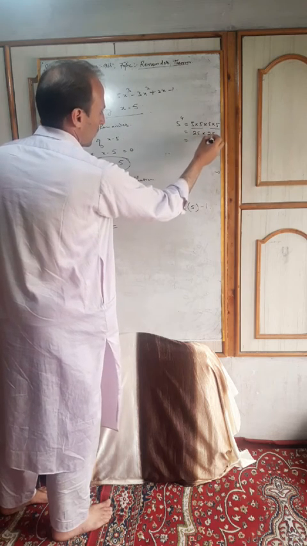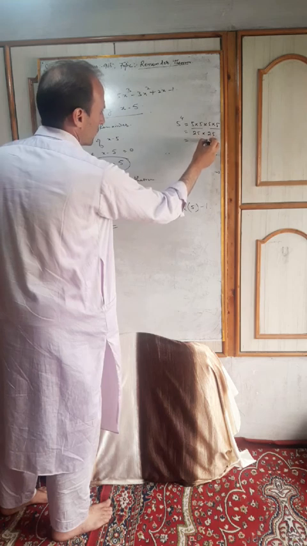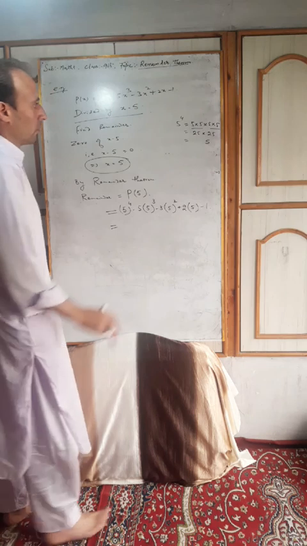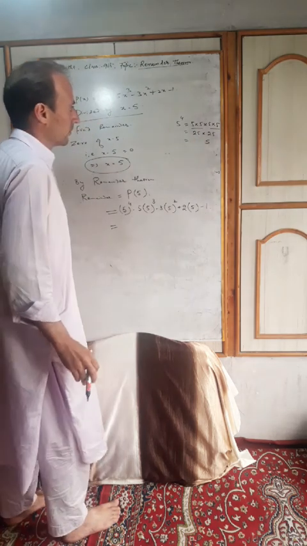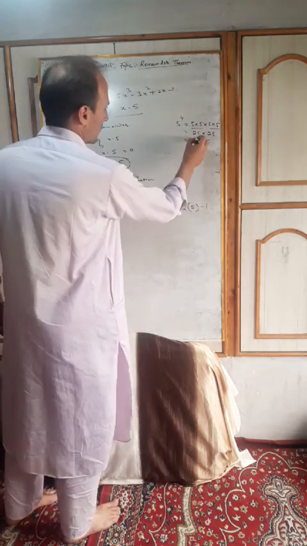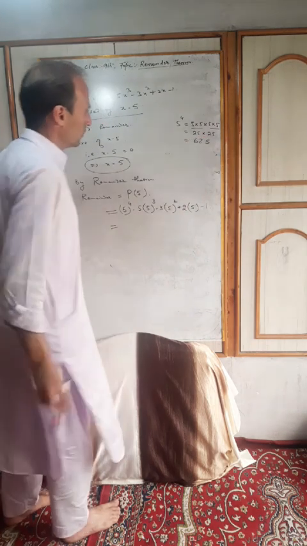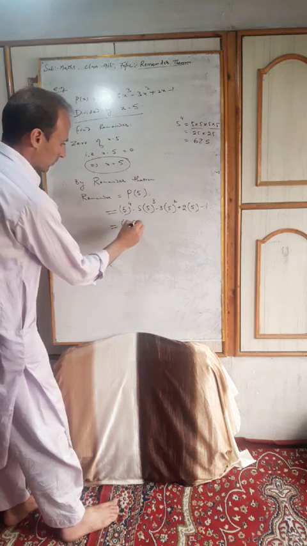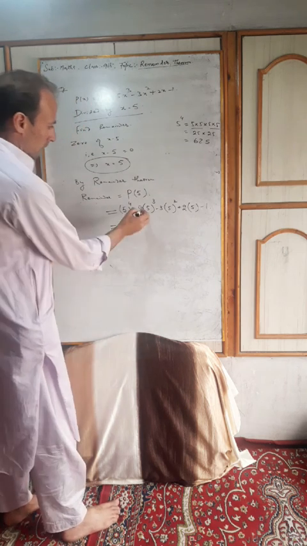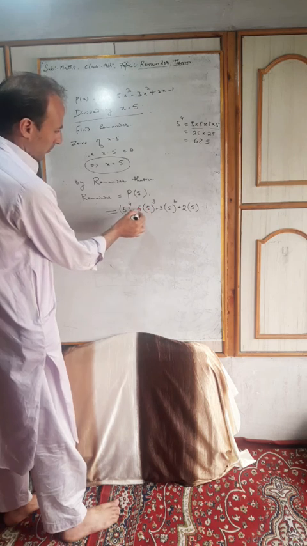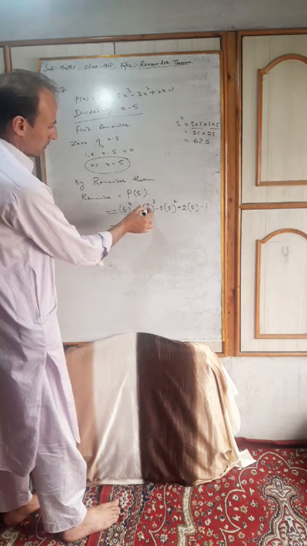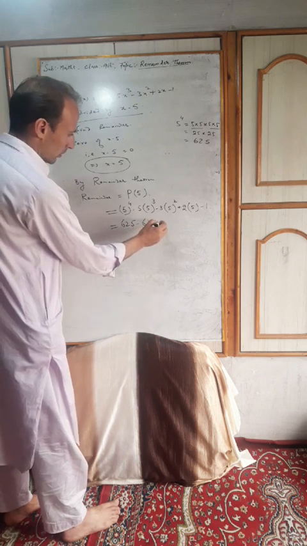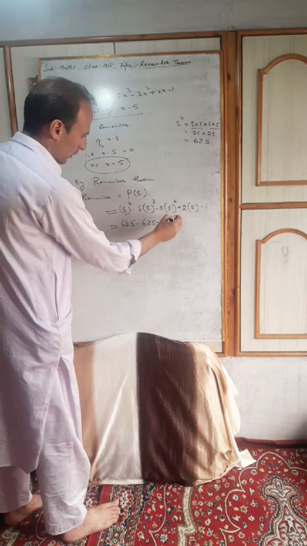So it will turn out to be 625. 5 into 5 cube means 5 is to be multiplied 4 times. So it will again turn out to be 625 minus 3 into 5 is